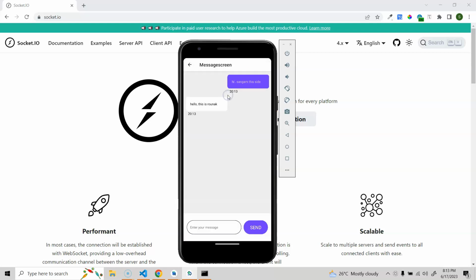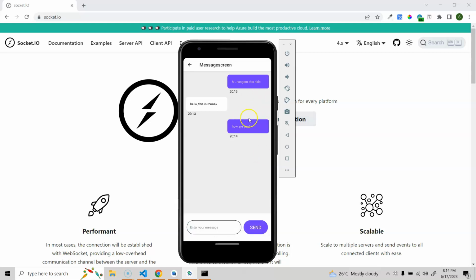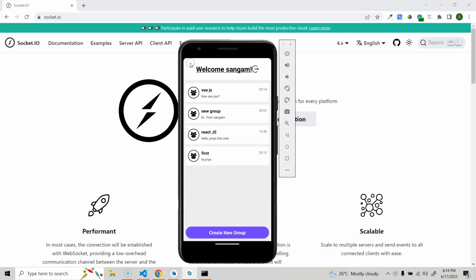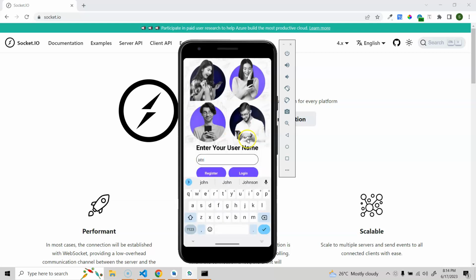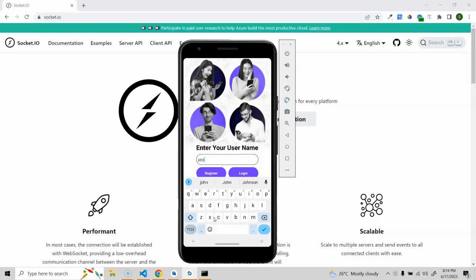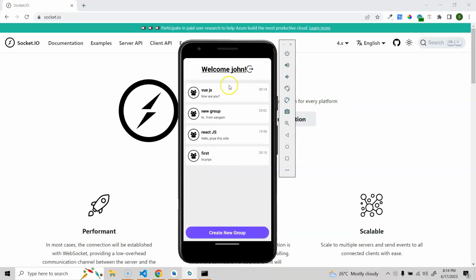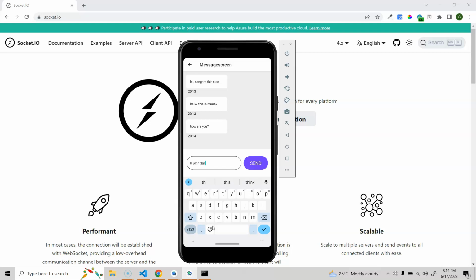you can see that if I click here, this is the message from Ronak, and if I give here how are you and send, this is the latest message from my side. Now let's log out, and if I type some different user, for example John, and log in, you can see that we are getting please register first. So I'll give John and register, go back, and you can see that he will be getting all the messages on the left side, because this is from Sangam, this is from Ronak, and this is from Sangam again. So I'll give here hi John this side,